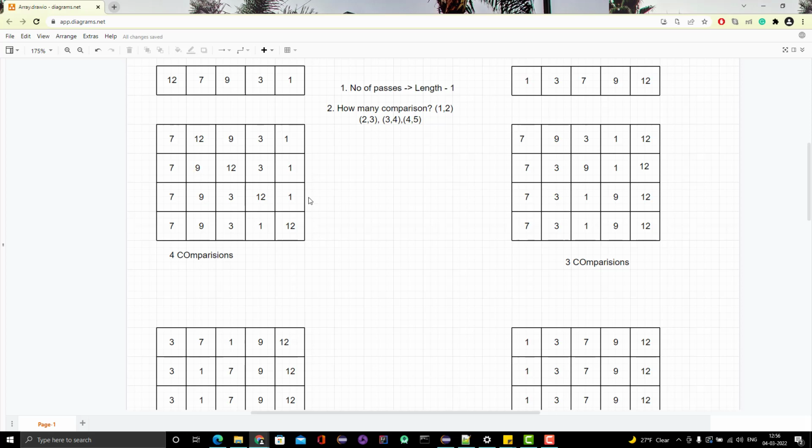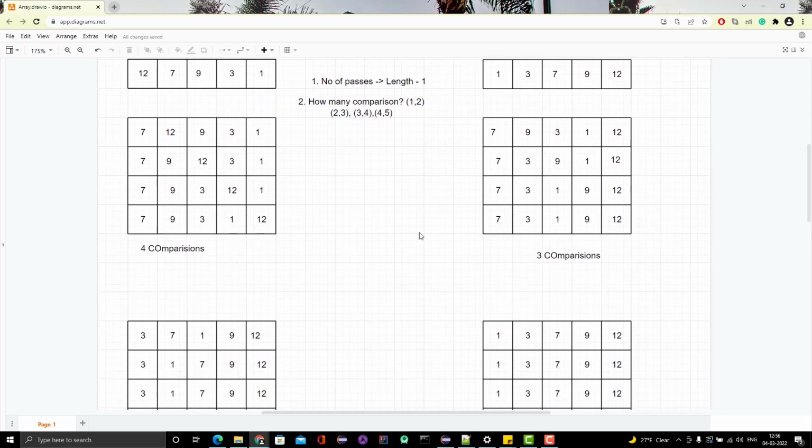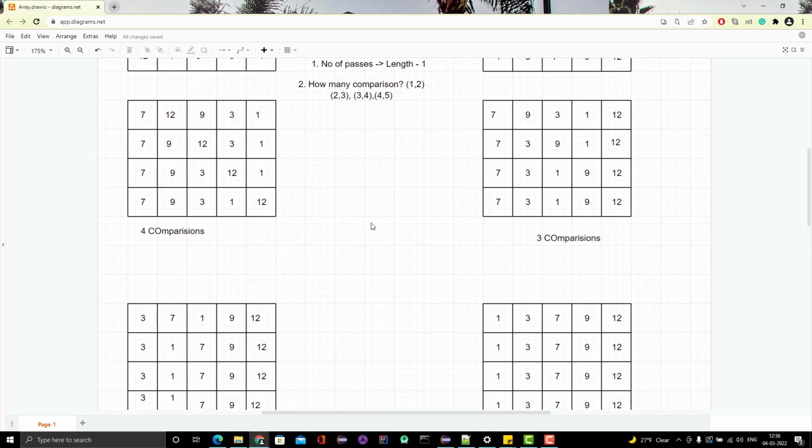But suppose the elements are like this only, you got the elements like this: 3, 1, 7, 9, 12. In this, 7, 9 and 12 are already sorted. You just need to sort this once, right? Only for this. So do you need to compare all these many passes? No. So in simple logic, suppose